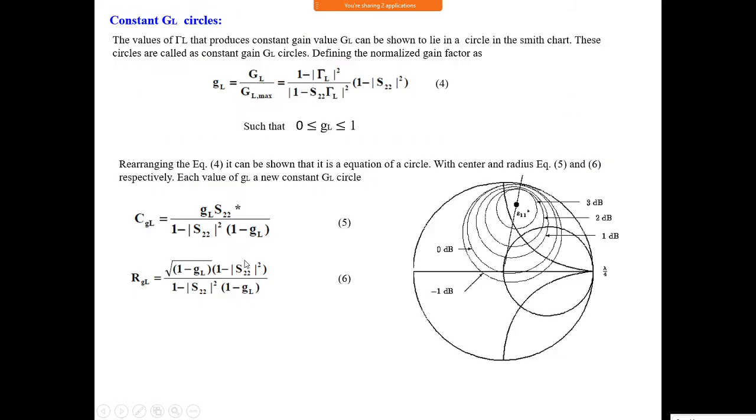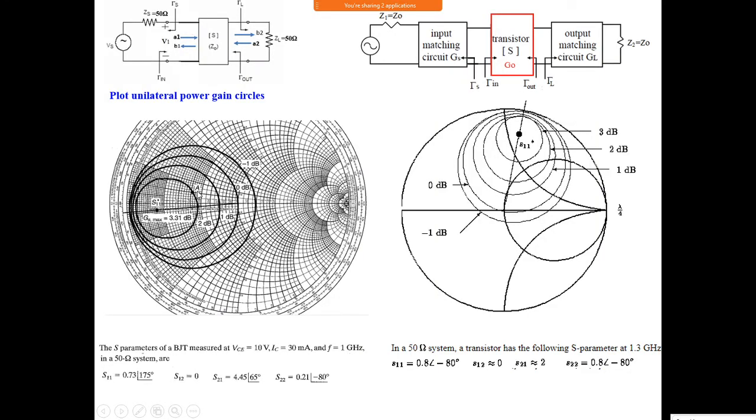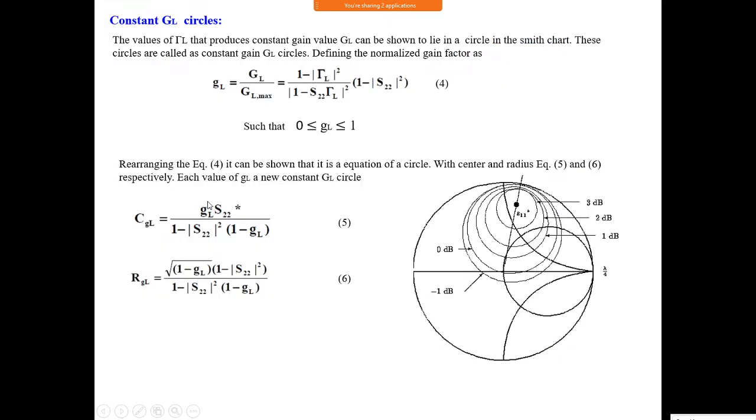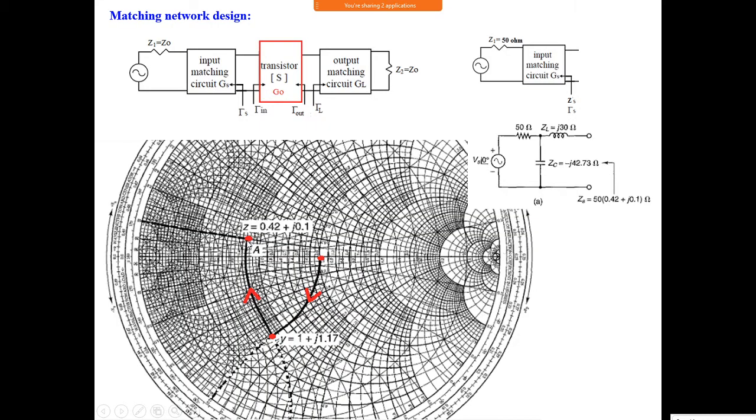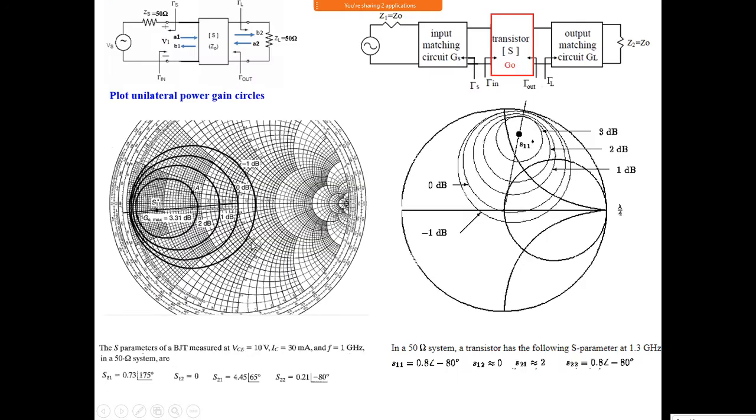See here, for example here I want this value, some example. I want this value a, this point. This point I want this value. This is on a constant gain circle. I have taken this value for some example; you see this is a constant gain circle for 2 dB, some other example. It will give a 2 dB.